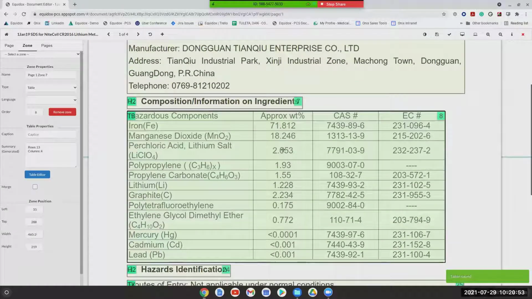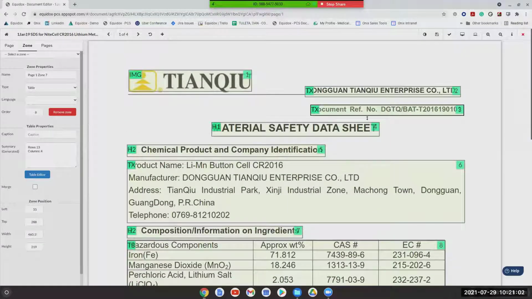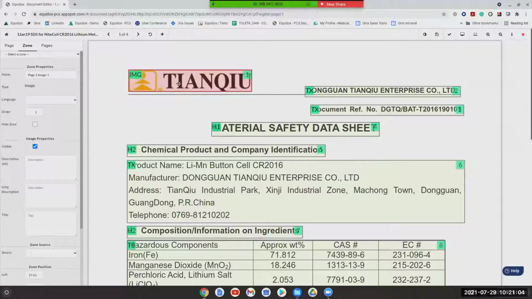And all of those individual text zones that were there previously that were covering up the individual cells have been overridden by that table zone. Now, the other thing to consider is this logo up here, which does require an alt description, unless you choose to artifact it, of course. You can add an alt description over here in this text field. So if I just type in the name of the company and logo, that will indicate that this is in fact an image of a logo for this company.